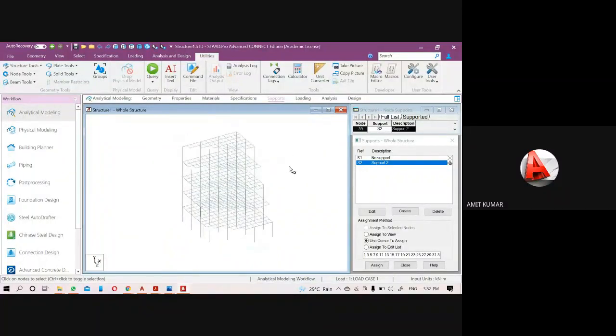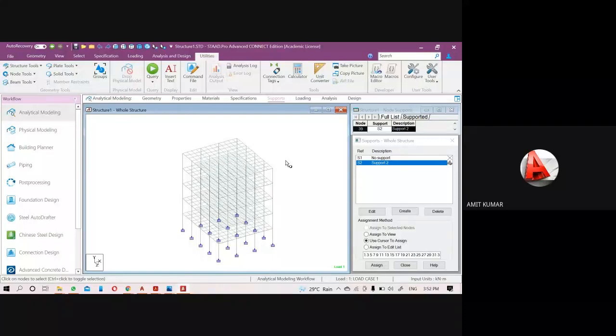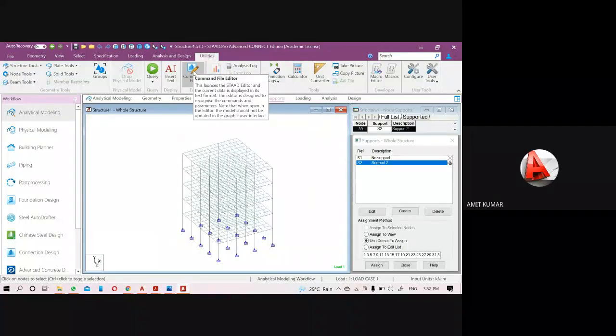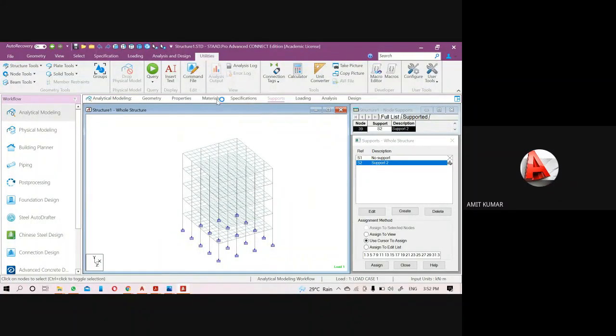If you want to create spherical staircases, you have to use the command file option, because creating the files through the command editor will create your structure by providing only 2 or 3 lines of commands.